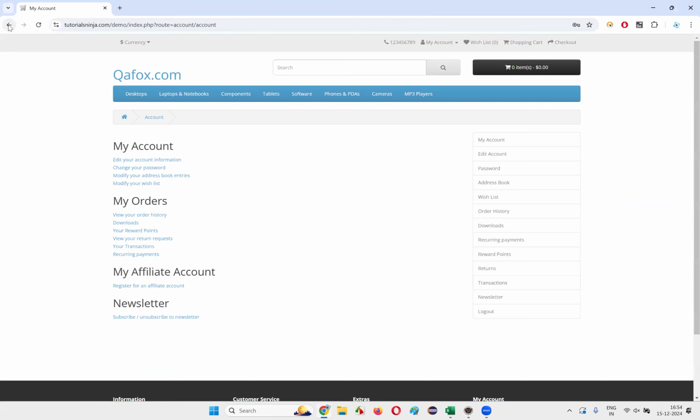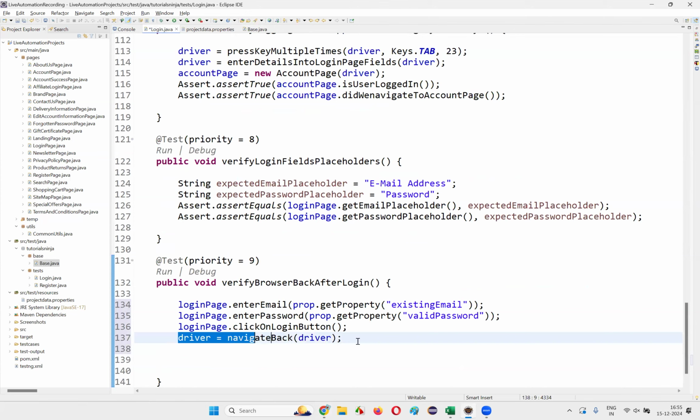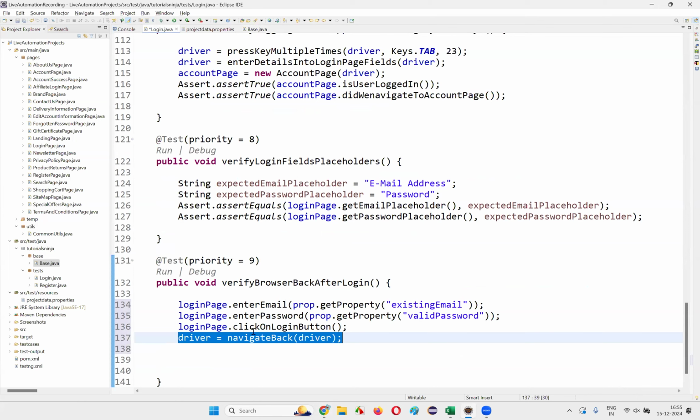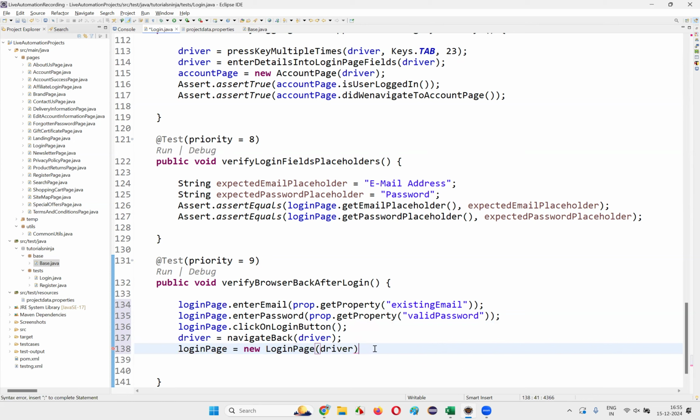So once you navigate back from that page to this page, after you click on the login button and you're navigating back, the DOM got refreshed a bit. So it's better that we write login page is equal to new login page of driver. In this application, it's coming like this, but major changes done, right? Then we are good to go. Otherwise, put a semicolon here and simply write down login page dot